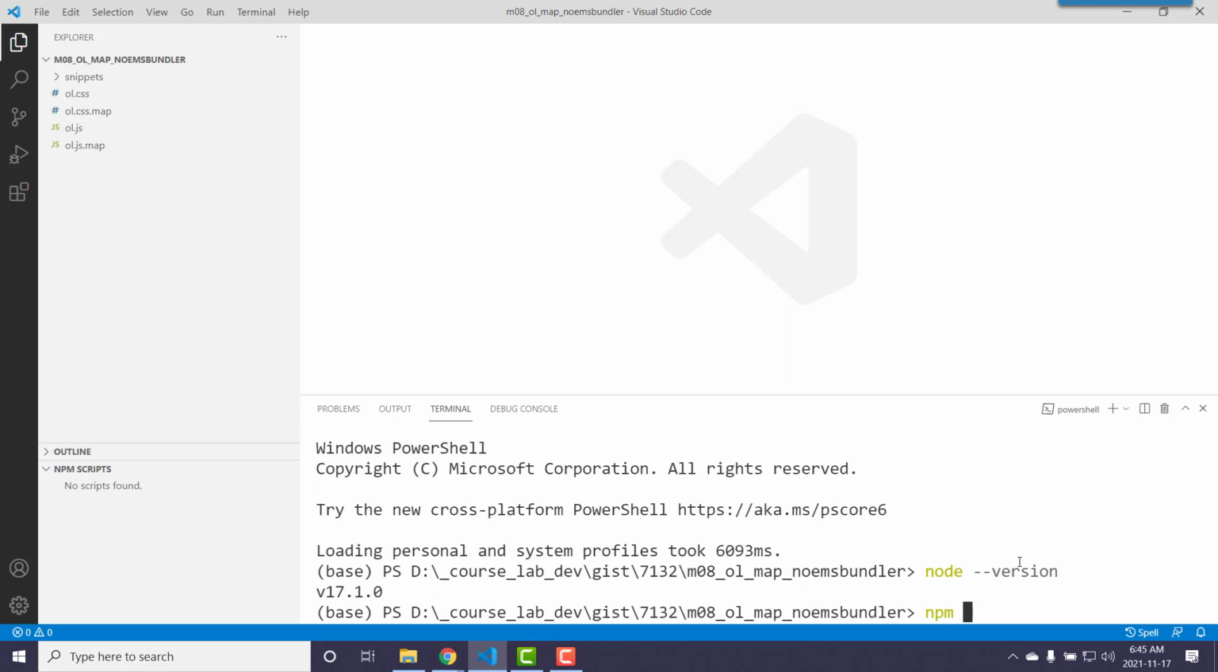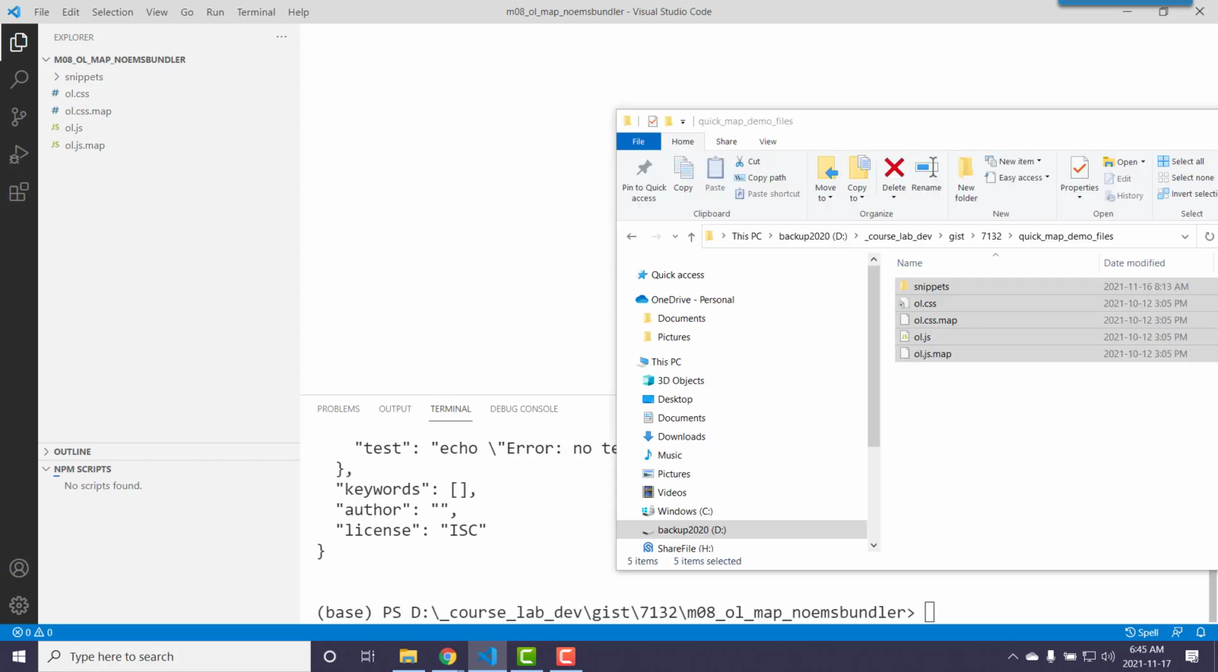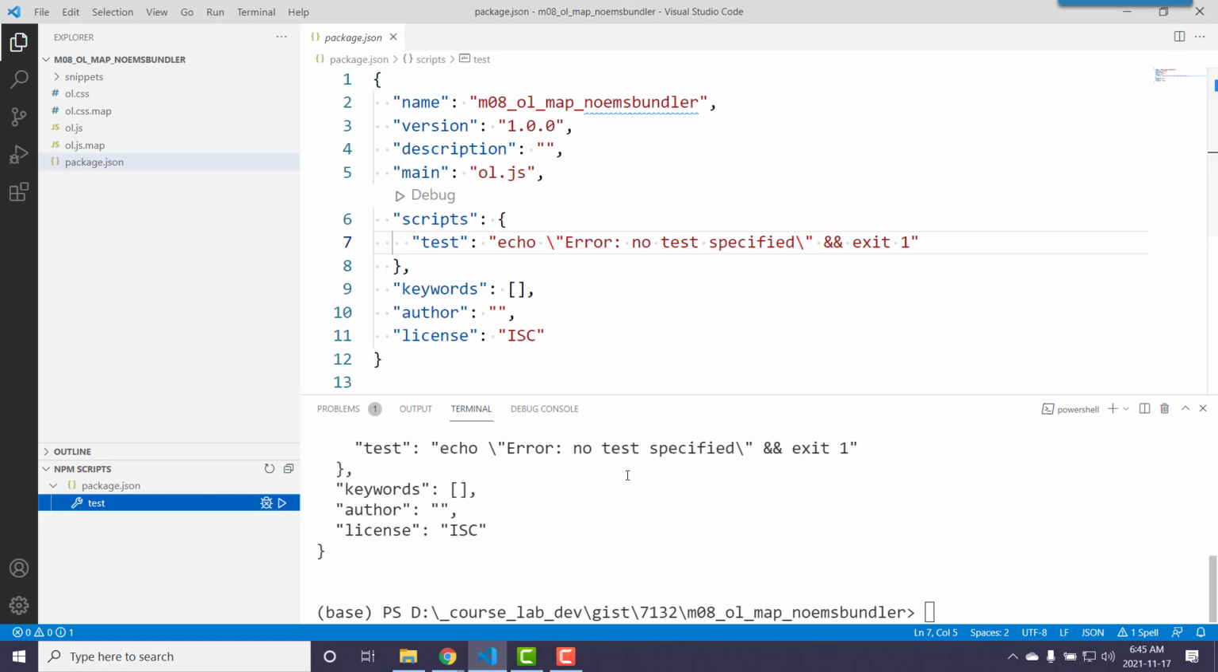npm init --yes. Wait for that to return. Not sure why it takes this long on this one, but it does. And then we should be getting close. Do I want to do my start script yet? No. So I'm going to go npm install